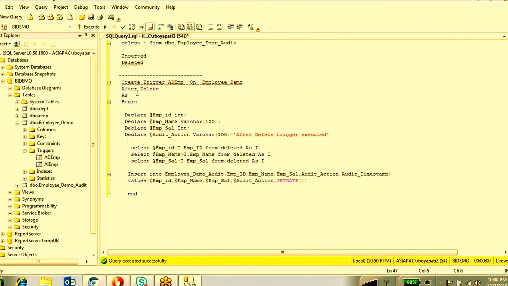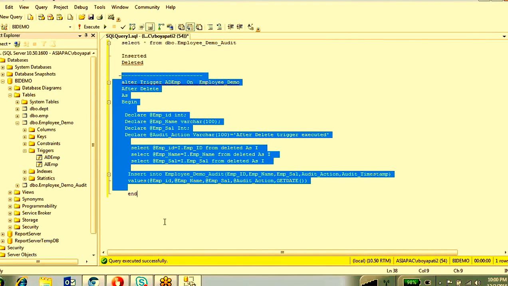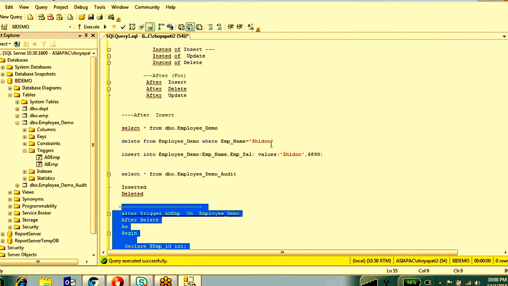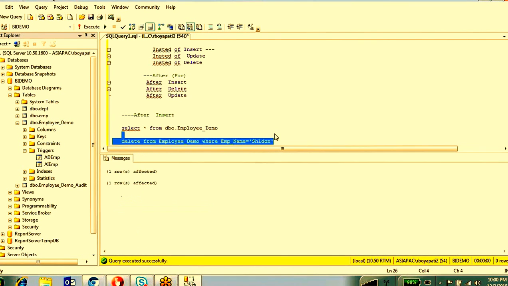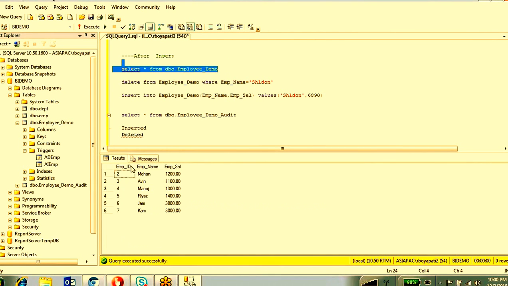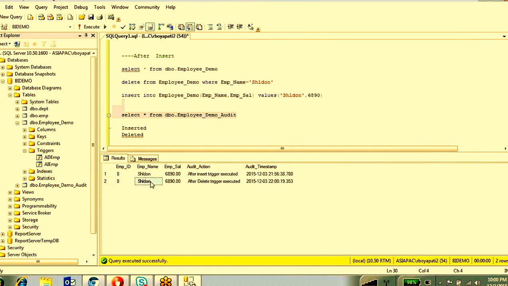Whenever you want to alter a trigger, you have to write ALTER TRIGGER. Now I'm going to delete the record. If you check the main table, that record is deleted, and it will come into the audit table after the delete trigger is executed. Got it?